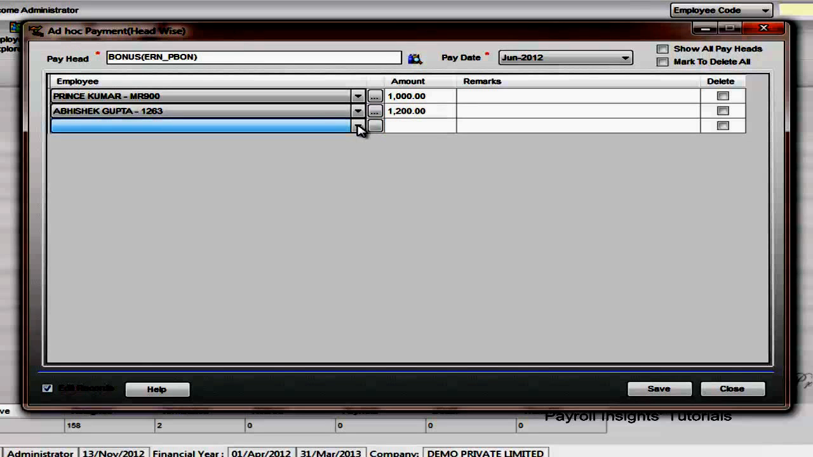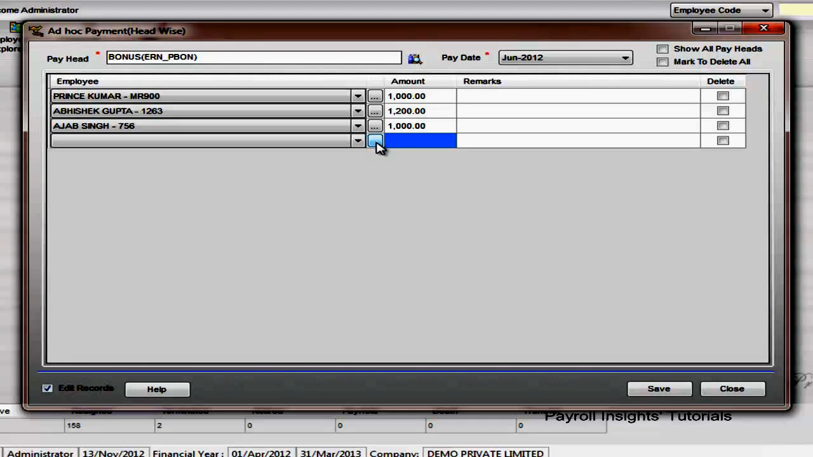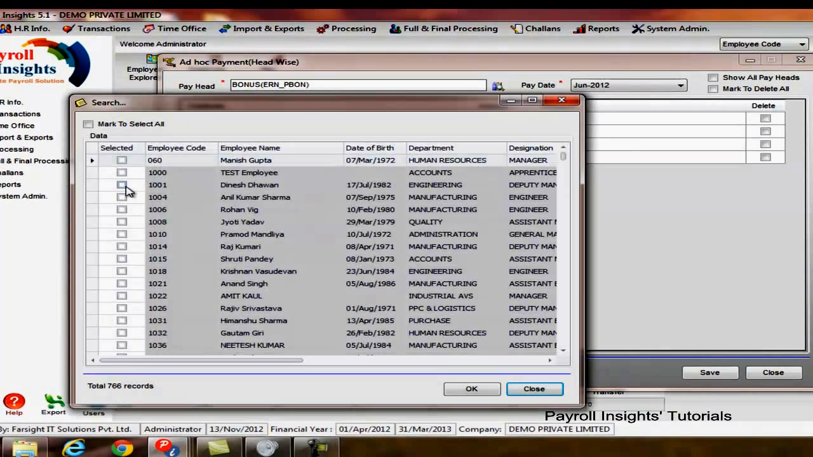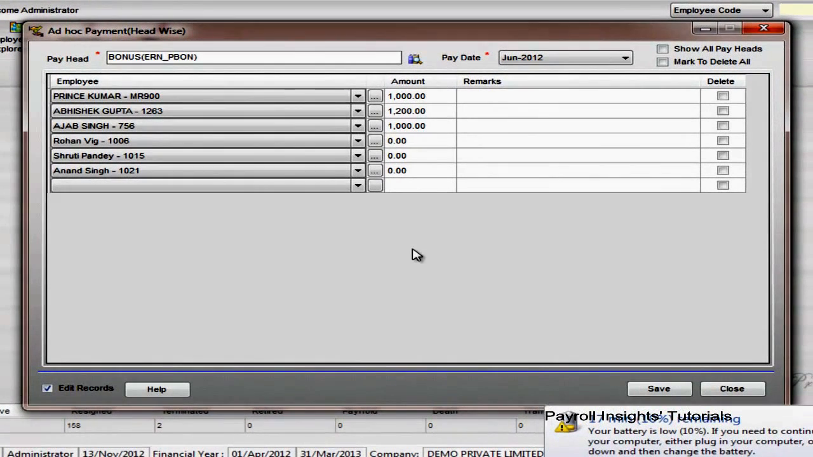You may add as many employees as you want from the drop-down list, one after the other. Or use the alternate search option which is available just next to the drop-down list. This search option allows you to select multiple employees at a time in an easier manner. Rest of the